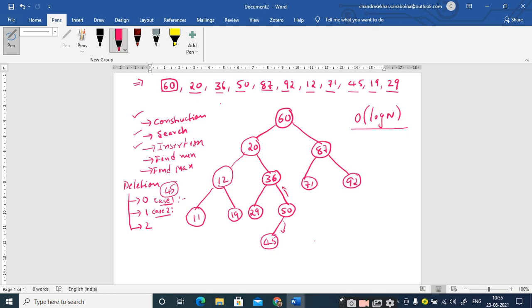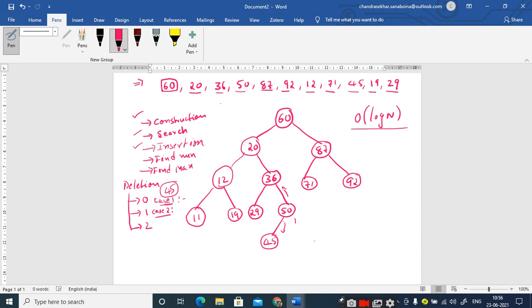So when you want to remove the 50, which is linked with one parent and one child, while removing this 50, you should link the child of 50 to the parent of 50. That's it. It happens in our real life also. If the parent is not present, we will link the children to the grandparent, right?